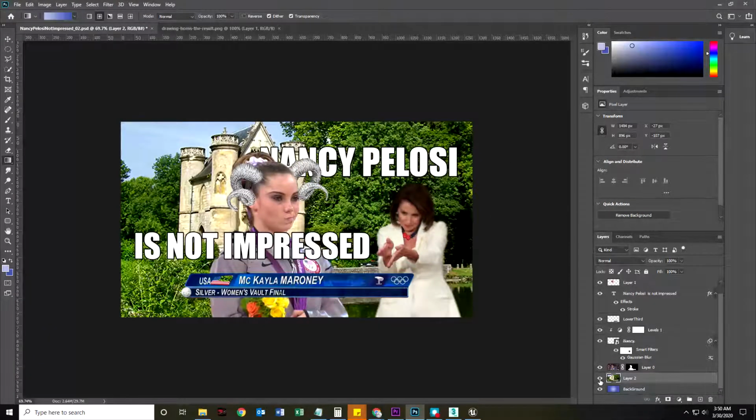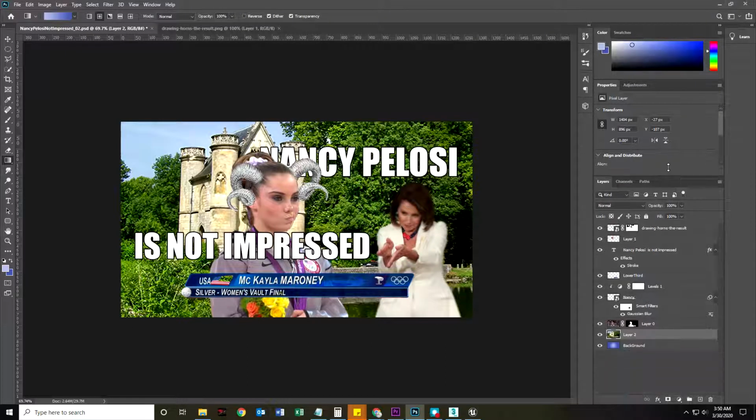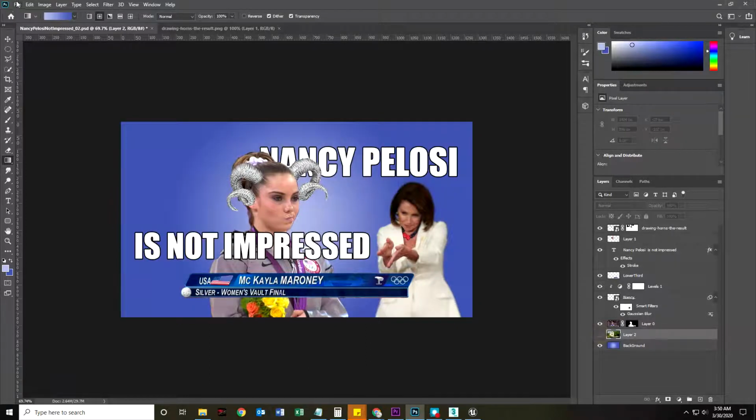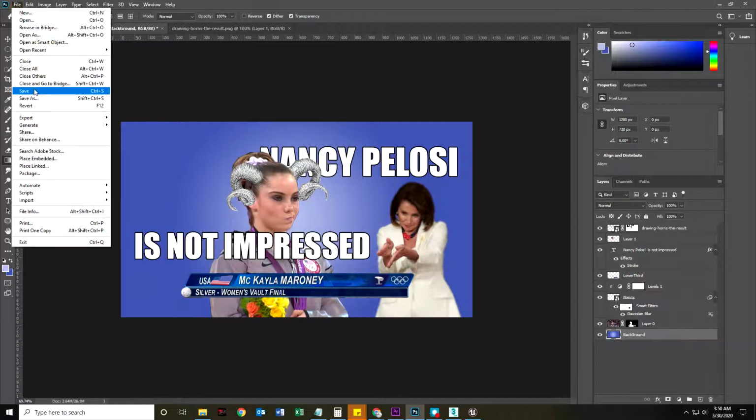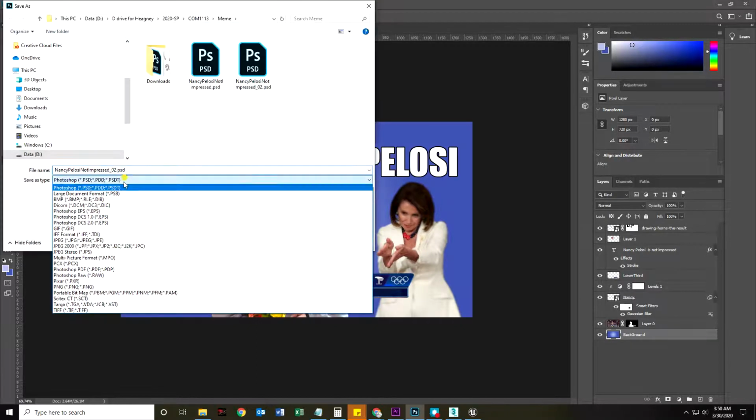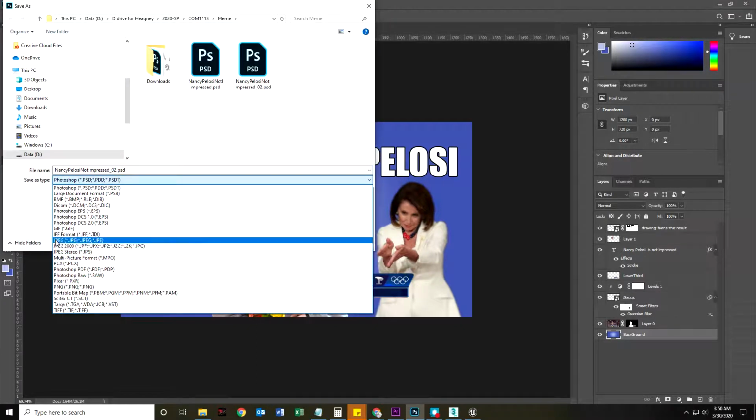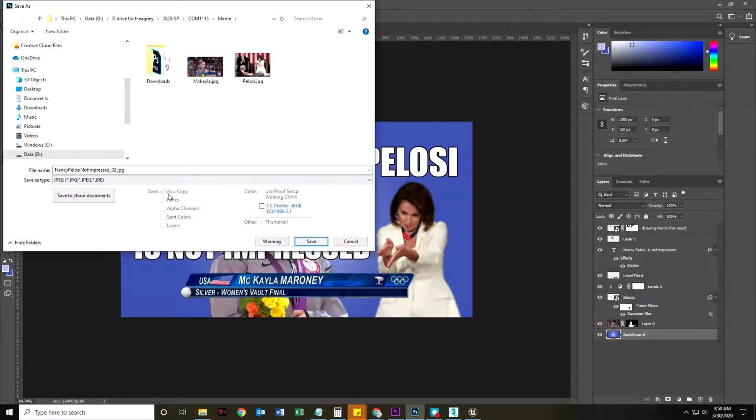And so I don't want anyone to go ahead and do that by opening up my PSD and adding a layer. So I'm going to save this as a PSD, yes. But when it's ready to share with the world, I'm going to save it as a JPEG. Now JPEG is going to save it as a copy, I guess is what it says. It's Nancy Pelosi Not Impressed 02 JPEG. When I save that,